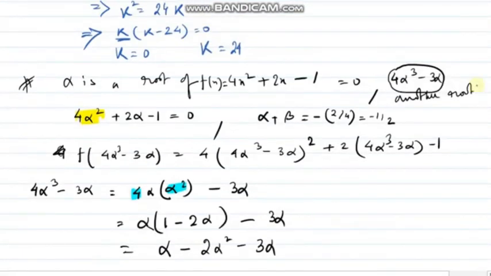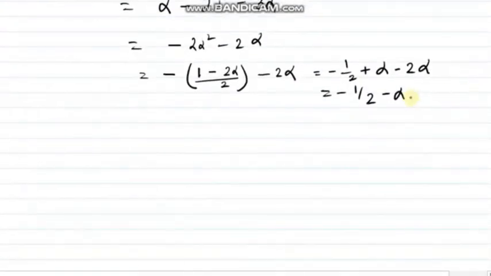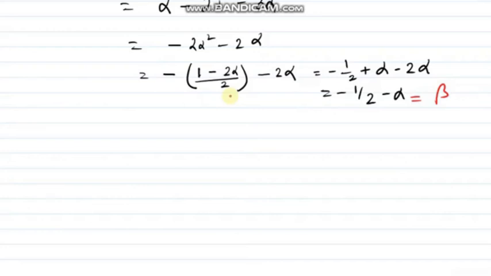Right? And from this equation, can we write beta equals to minus half minus alpha? So do you agree this is beta? So this is the another root. Right? So this is one of the sums which is my favorite. Let's try to solve one more sum in this video. Next video I will discuss one more theory part, that is wavy curve.